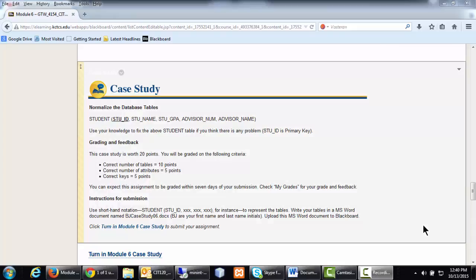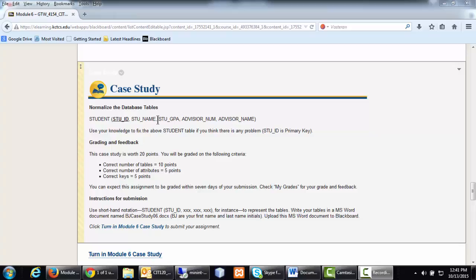This video is going to show you how to work on the case study for chapter number 6. The case study gives you a shorthand notation for a student table. In this table, we have a student ID as the primary key. We have student name, student GPA, student advisor's number, and advisor name. In order to evaluate whether this table is in first, second, or third normal form, we have to